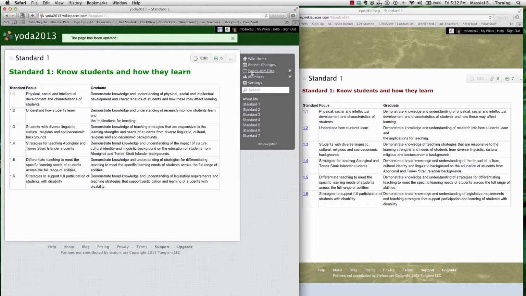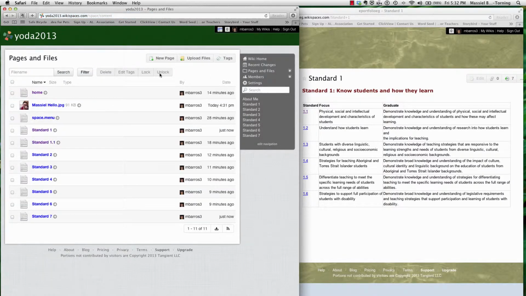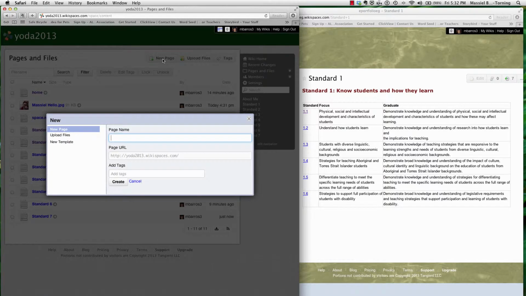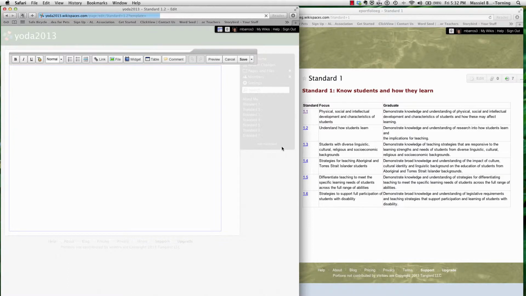So we'll go here and we'll go new page, standard 1.2, and click create. And we'll give it a heading. Now, we looked at headings last time as well, although my computer was running a bit overloaded. So standard 1.2 understands how students learn. And here you need to demonstrate